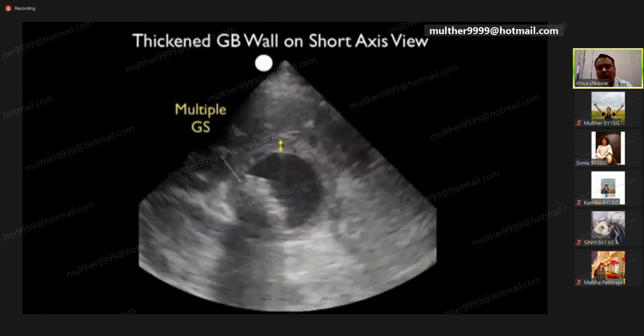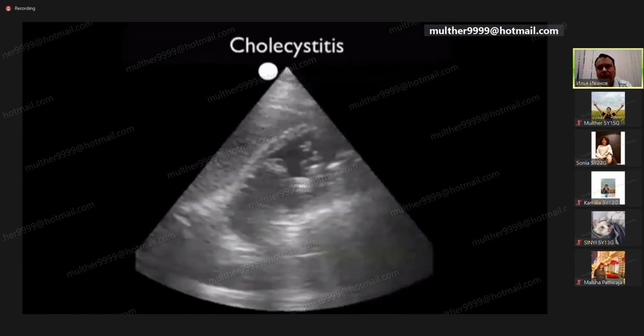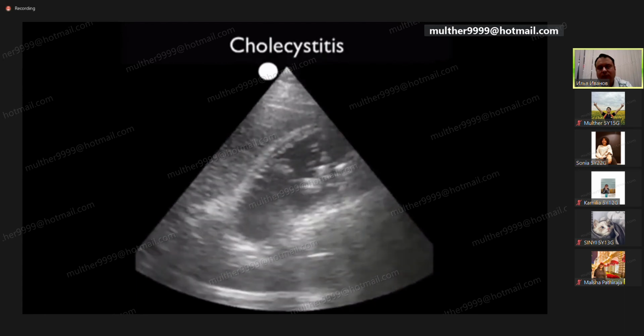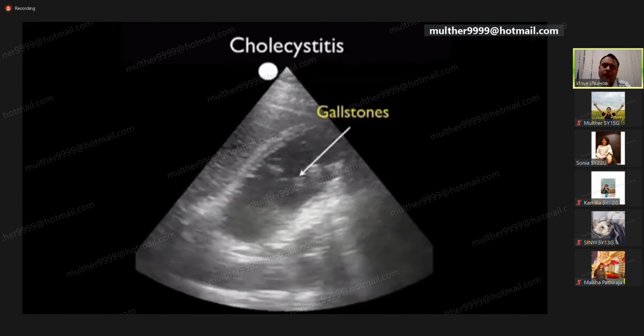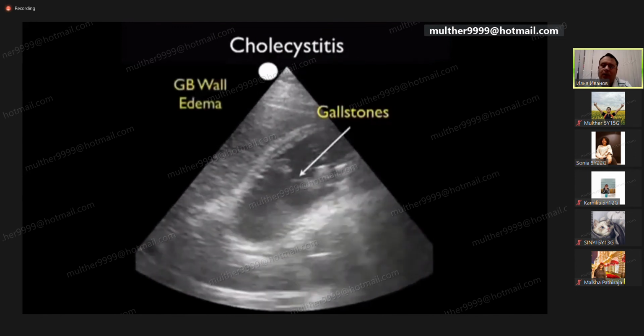Here I'm going to still that last image down of the gallbladder in short axis configuration, and we see the anterior wall of the gallbladder well delineated here. Notice the calipers across with a measurement of 9 millimeters, fulfilling the criteria of a thickened wall. This video clip shows another finding of acute cholecystitis. In addition to the multiple gallstones that we see within the gallbladder lumen, we appreciate a thickened